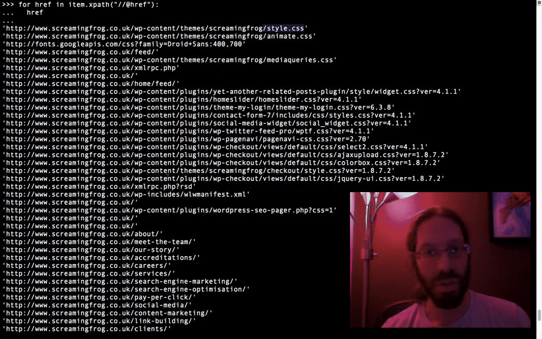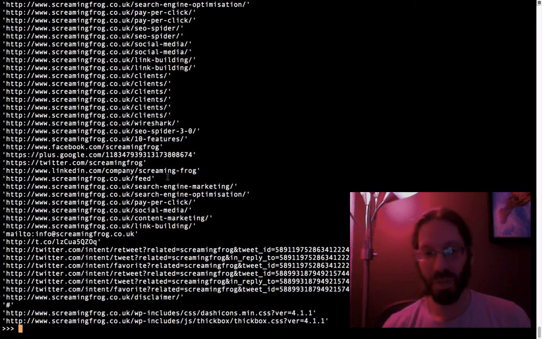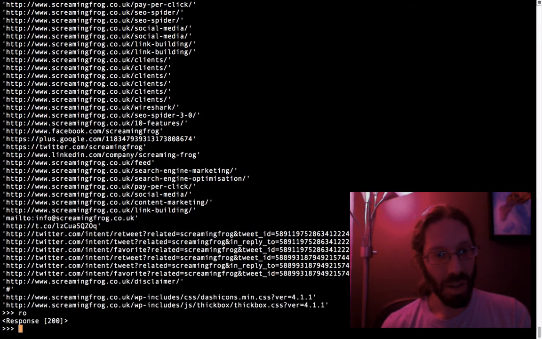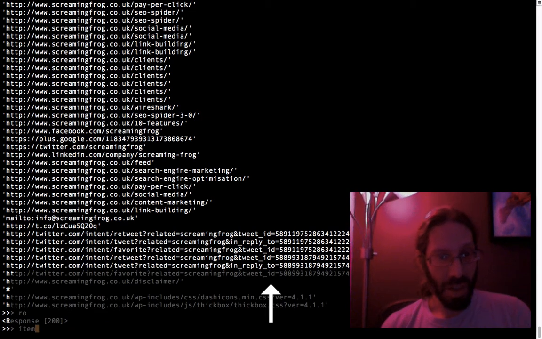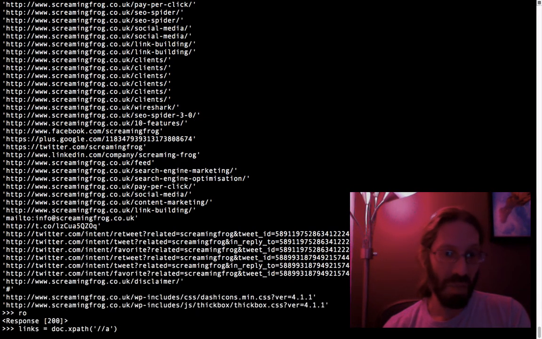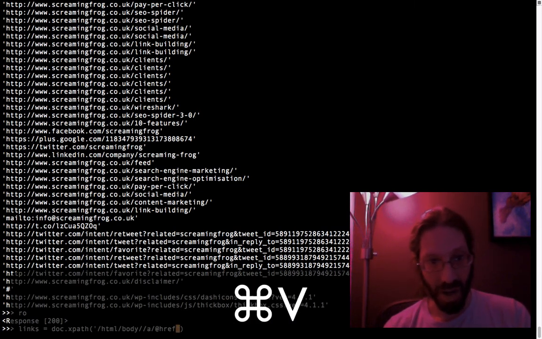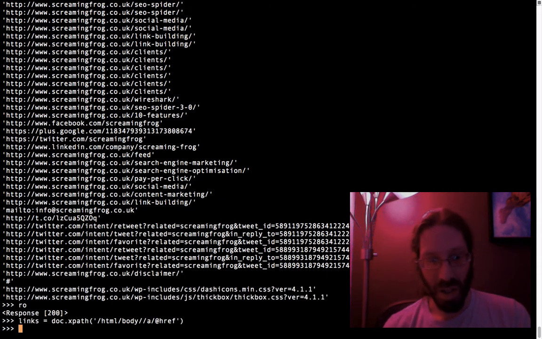And if I go back to my interactive stuff, I still have, you'll remember, the RO object. And let's see. I can go back in my history to where I established the links using an XPath. And instead of grabbing all anchor text, I can grab just that. It's probably a better match. And now